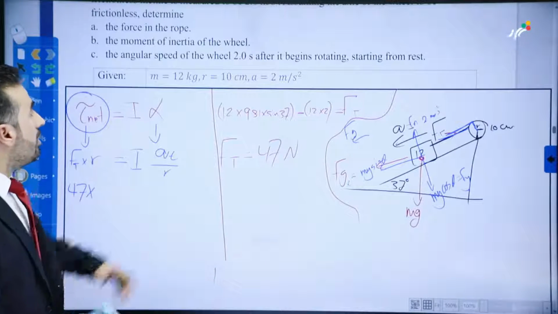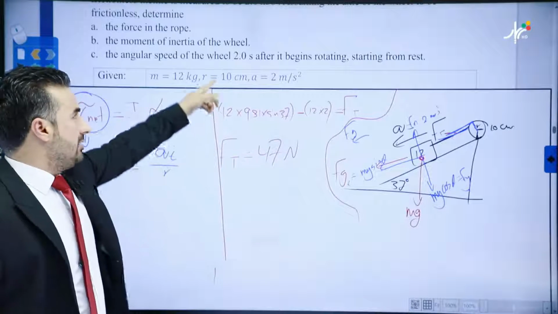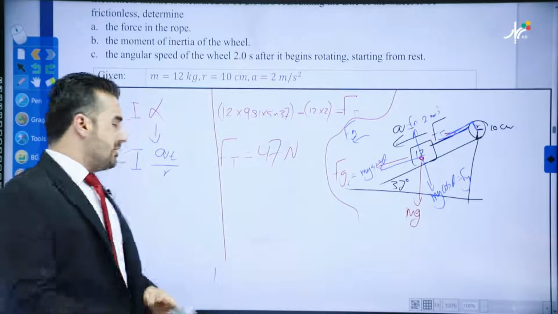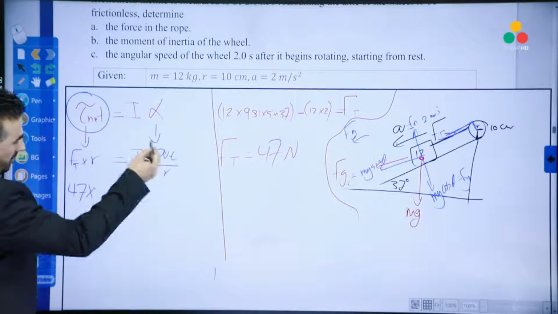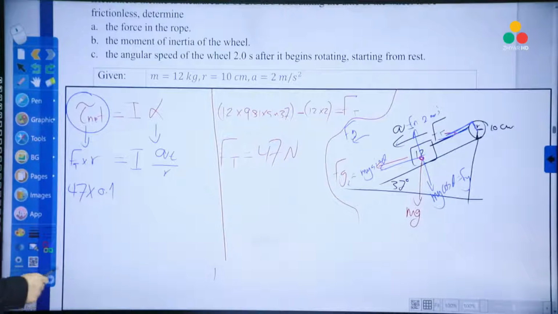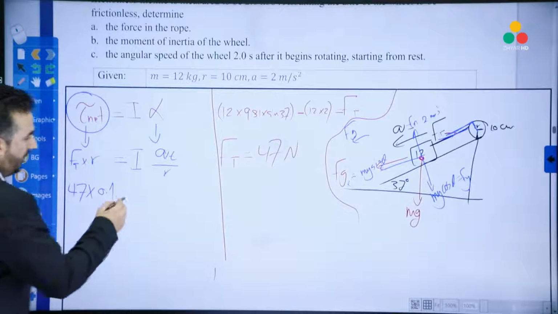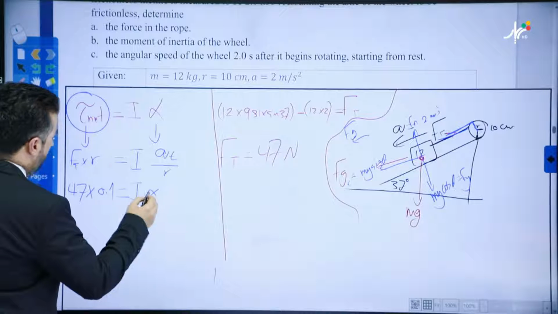Now, we said we're not going to use 10 centimeter. You'll have to use meters. So how do you convert 10 centimeter to meter? Divided by 100. Or if we do this directly, we'll just say multiply by 0.1. How do we get 0.1? That is 10 divided by 100. Very good. And then moment of inertia again multiplied by,